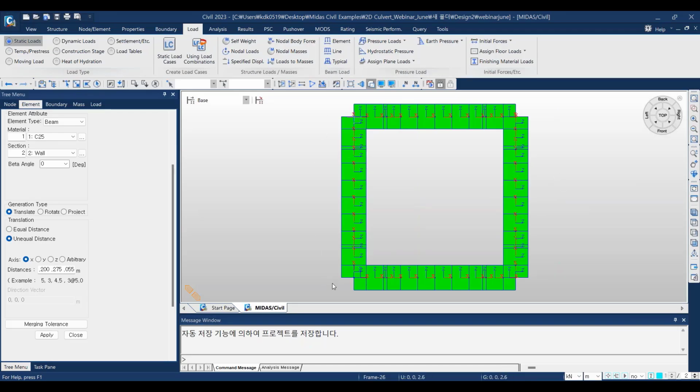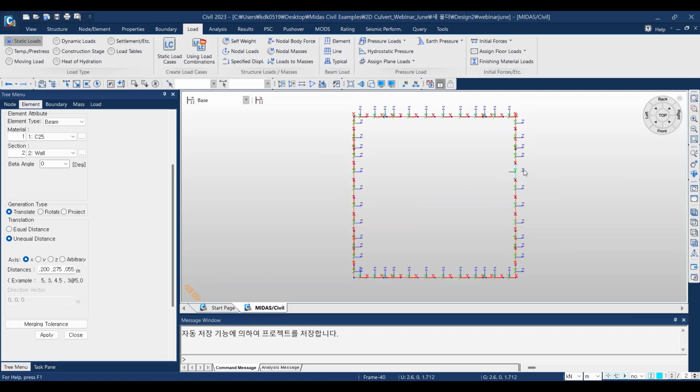But for the left wall and down the lower slab here, Z direction is not good when we are going to apply the load, the pressure that we are going to apply on this culvert. So you need to be careful about applying the load, the pressure. You need to change the direction of Z when you are applying the load. So to change the direction of Z, you need to select first this wall, and then this. After selecting this left wall and this lower slab, then you can go to